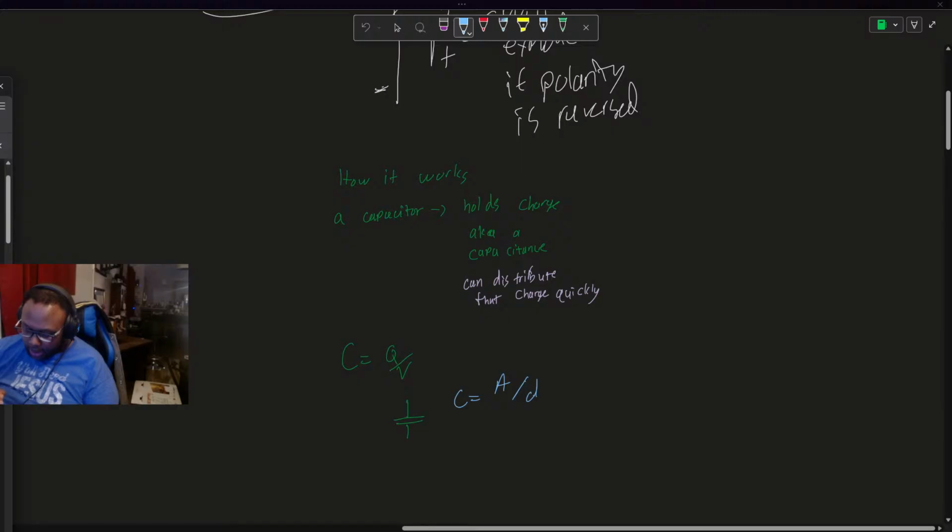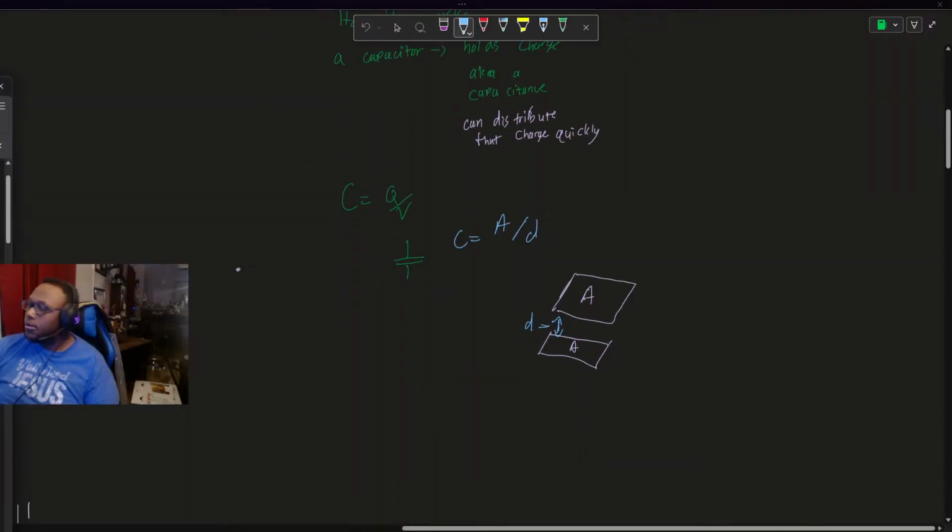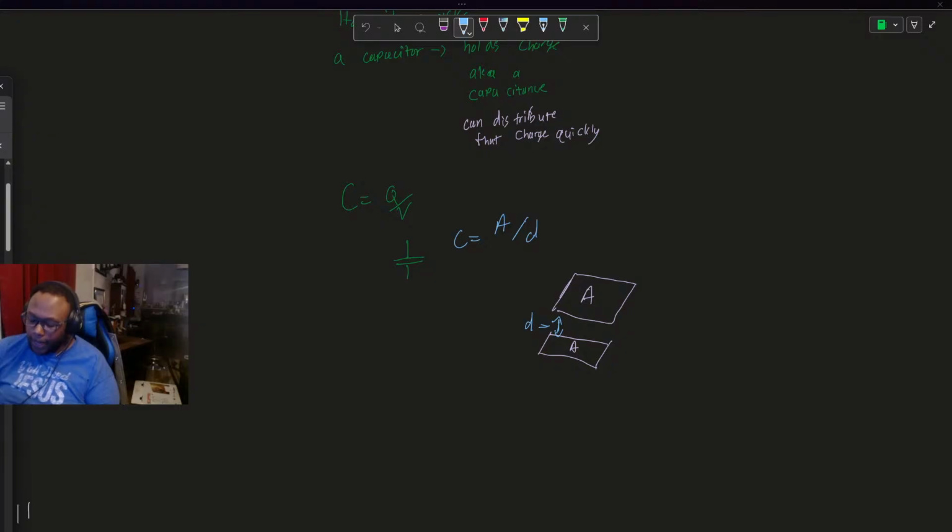So you have your area, so kind of draw it in 3D. You have your area of the plate, and then your distance between the plates. Now, are we just talking about regular circuit boards with the plates? No, we're talking about capacitors, like the plates that make up a capacitor. So essentially a capacitor in layman's terms is two metal plates with some type of dielectric material